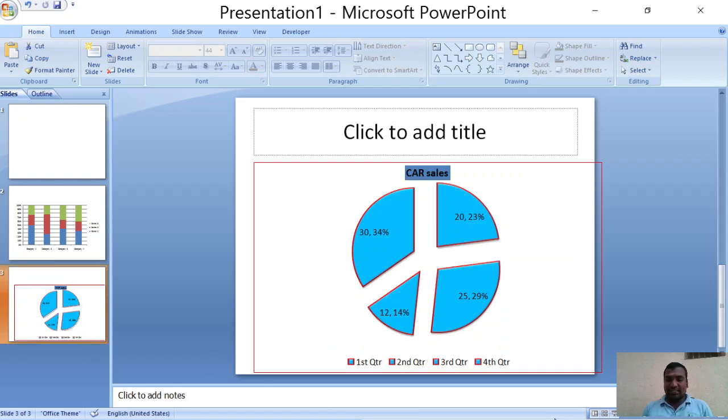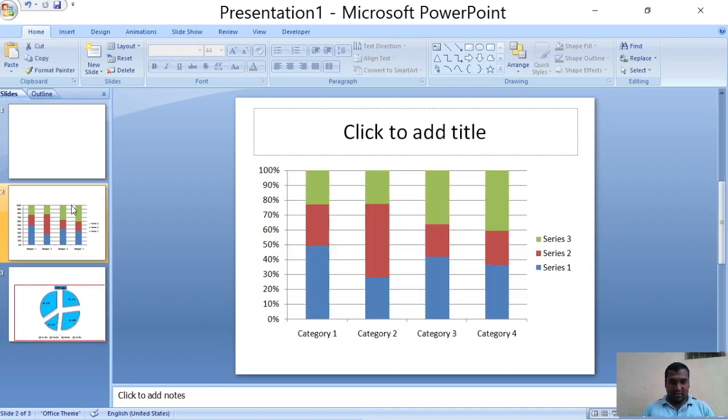So like this, you can insert any number of charts you wish to, and generally we use charts to prepare a result analysis of a branch. So at that time, what we are doing is preparing a chart. In that chart we compare the result analysis of first year, second year and final year of a particular branch, or the result analysis of branches that are available in a college. For a college, different branches are there and their branch result values are going to be created. So let us create this one.